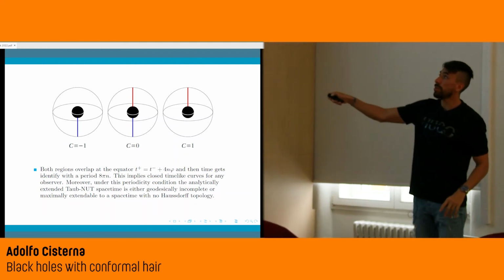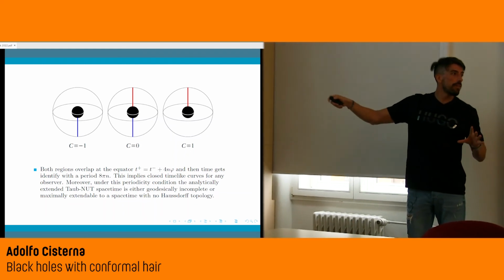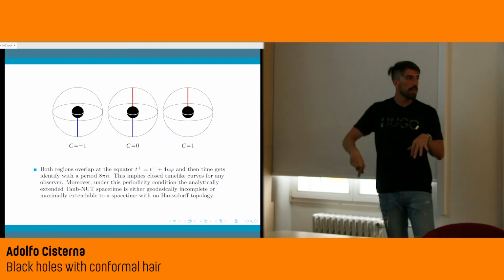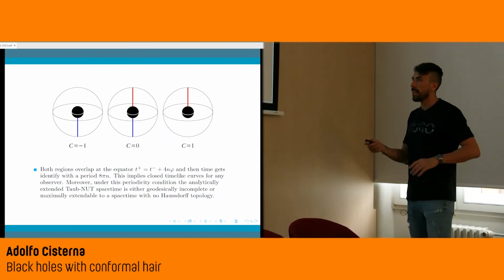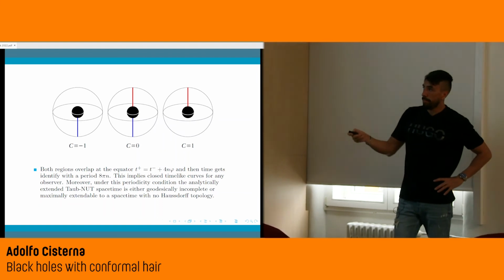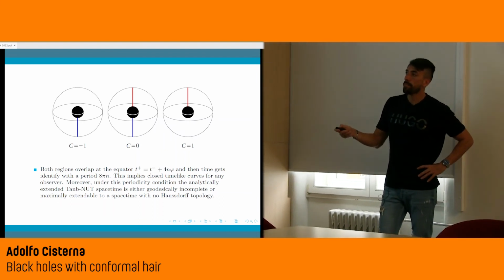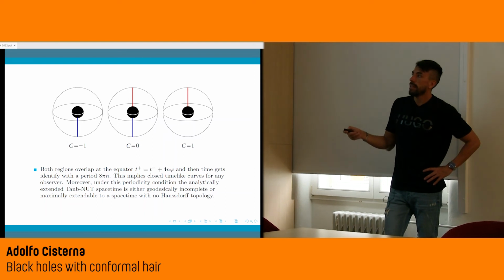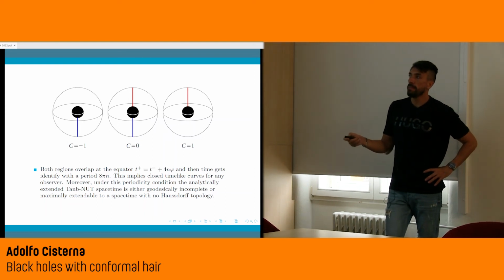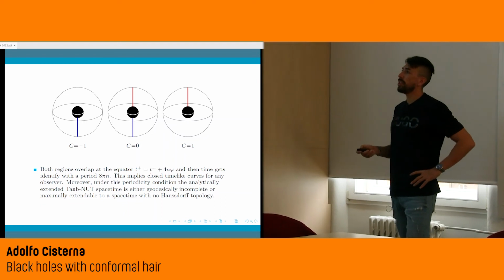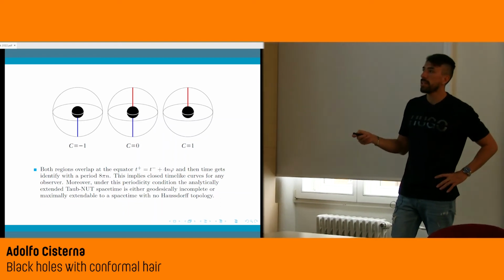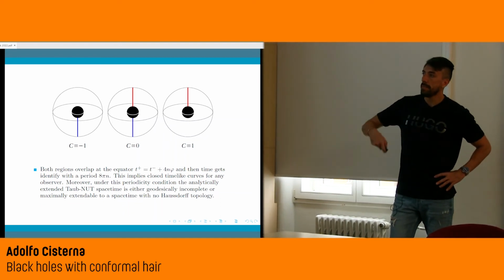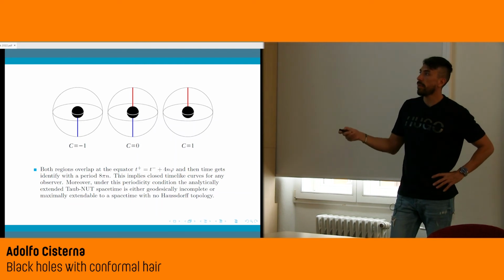And when I do C equal to 1, I am precisely doing the same, but now everything is pathological in the north one, and everything is okay in the south. So this is more or less the thing. The problem is that you have included a period for the time coordinate, and moreover, the analytically extended Taub-NUT space-time has also some pathologic, so it's either geodesically incomplete or can be maximally extended but to a space-time without Hausdorff